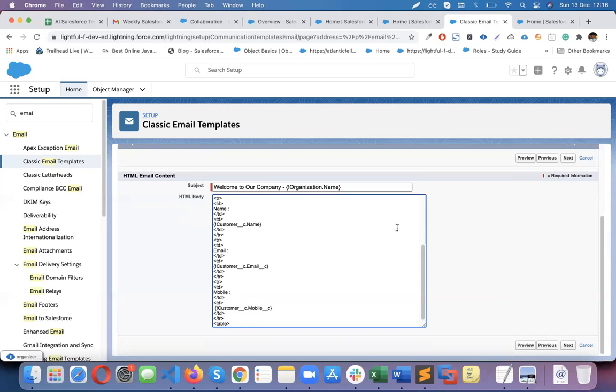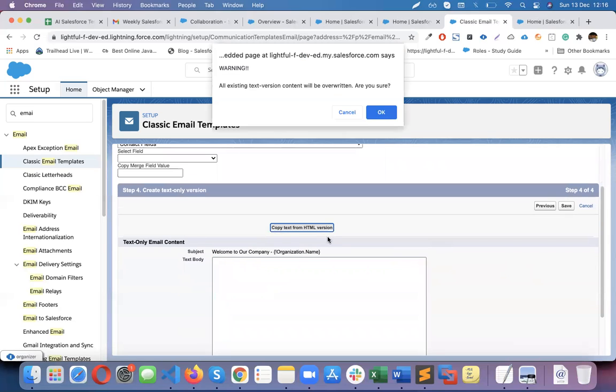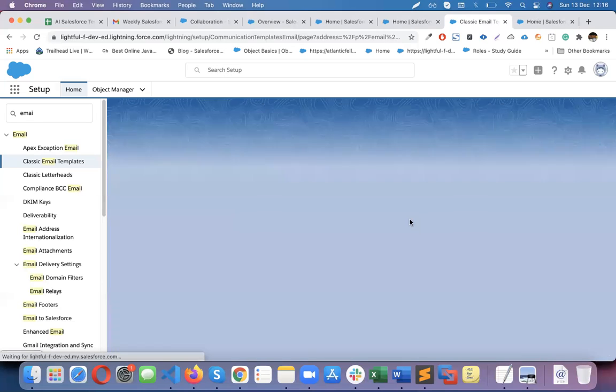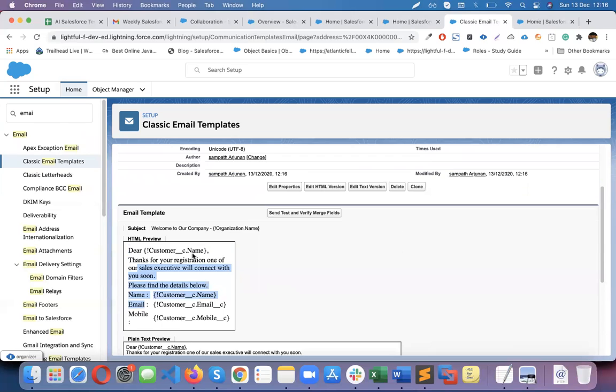Okay. And thanks and regards, I don't want to do it now. So again, we need one more table. See, it's copied like only the text versions, and save. Now you'll see it's aligned center, dear customer name, and the format like everything. Whenever you're sending it, it will come in the proper format. So this is again pure HTML code, so you can use an image header and design very nicely.